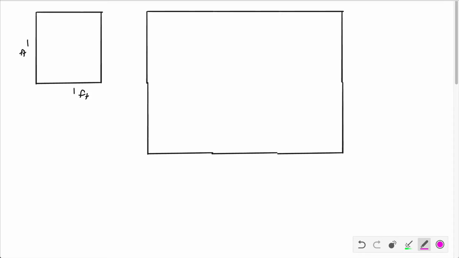Okay, so what I've done here is I've duplicated that square. So this thing is now, we've got 3 feet on the bottom here and 2 feet on the top. And essentially the idea is how many 1 by 1 squares do we have inside. And so to compute that,